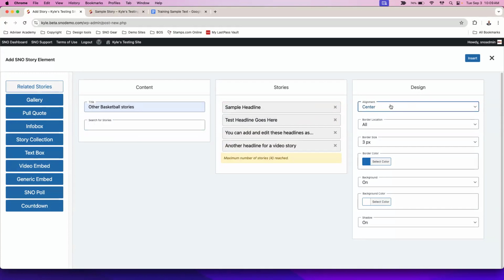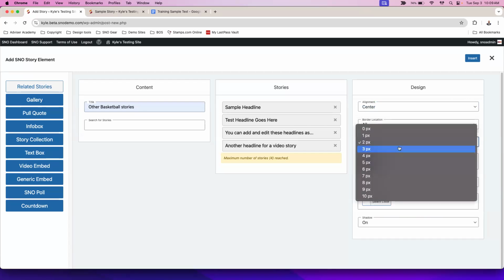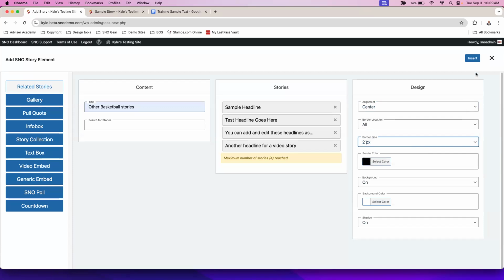Then in the design column, I've got some control over here. Again, if I drop these in the center, the text will jump over that element. Left or right, it'll kind of wrap around it. And then I can do things like adjust my border, change the border color, adjust the background color. So not a ton in there, but enough that you can tweak the design and make it stand out if you choose to do so. We'll go ahead and just make this a skinny black border here around these stories,